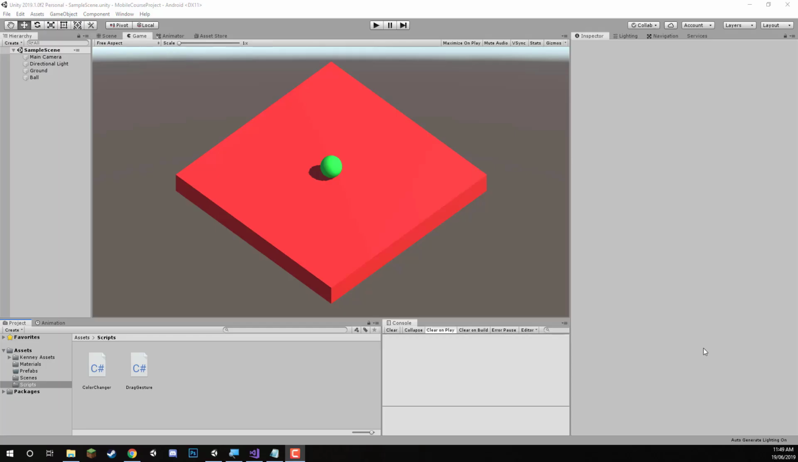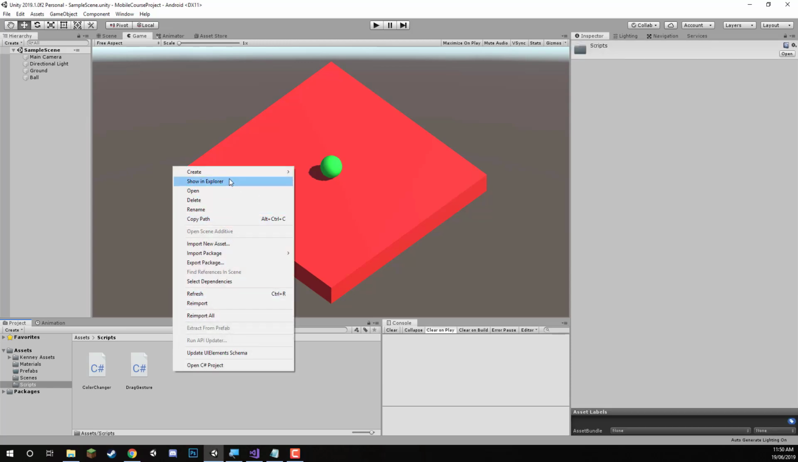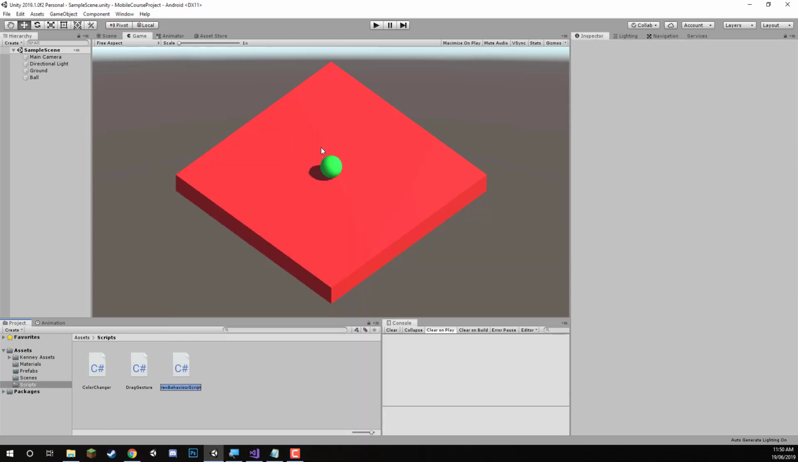Welcome back everyone. In this lesson, we are going to be creating our zoom gesture. This gesture is pretty much the exact same as you would find on any mobile device. You get your two fingers and you pinch them together to zoom out, and you spread them apart to zoom in. So what we're going to do is create a new script here called our zoom gesture,